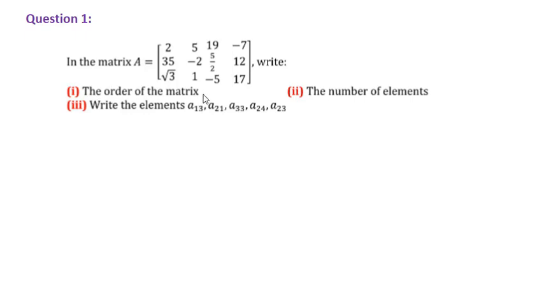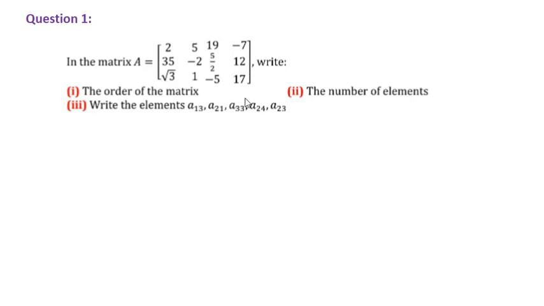Now we know that order of matrix is number of rows into number of columns present in our matrix. So how many rows? We can see here 1, 2 and 3. 3 rows and number of columns 1, 2, 3 and 4. So I have 3 rows and 4 columns. So therefore your order of matrix will be 3 into 4. The number of elements, so 3 into 4, 12. So total 12 elements I have in this matrix.